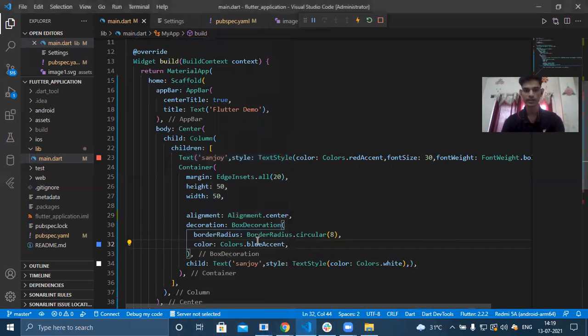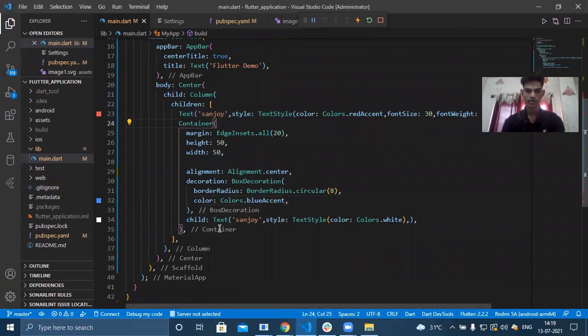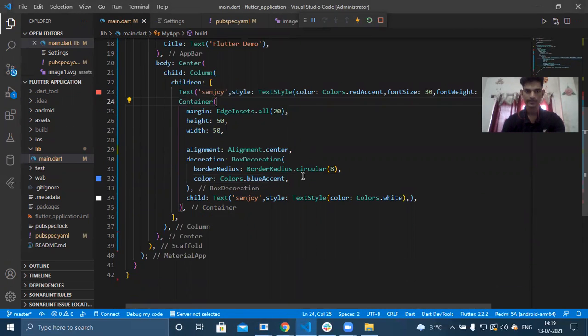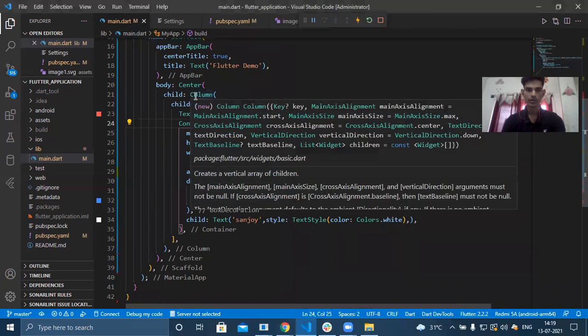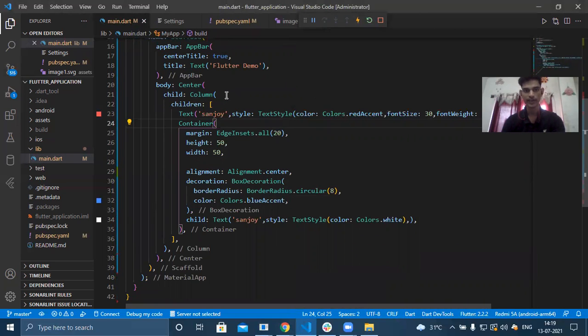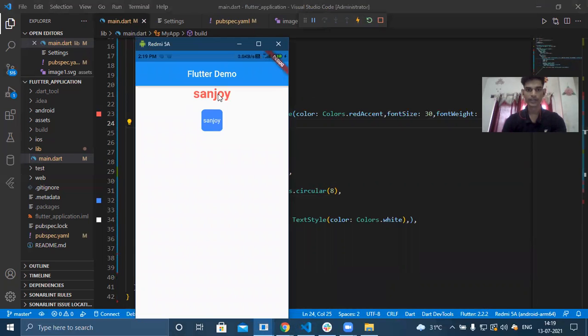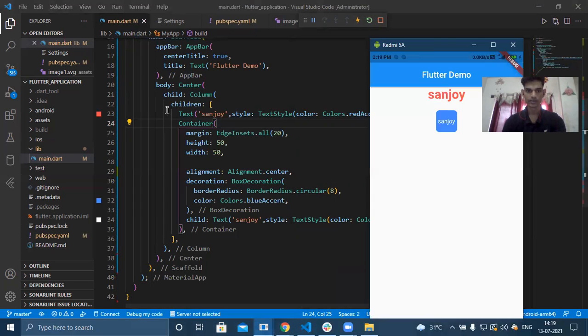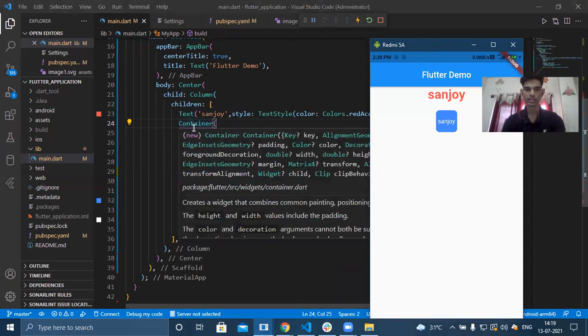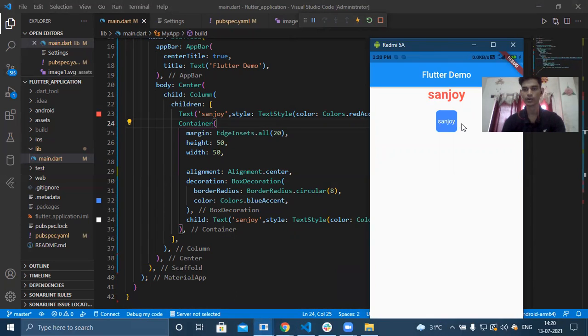So we can use these attributes inside this container, and like I have taken a Column over here. What is the Column exactly doing? You can see the difference. First I am taking a Text, so text is showing here. Then I have taken a container, and the container is showing below the text. If I add one more text, it should show below the container.